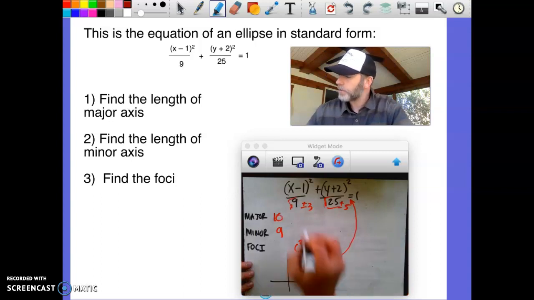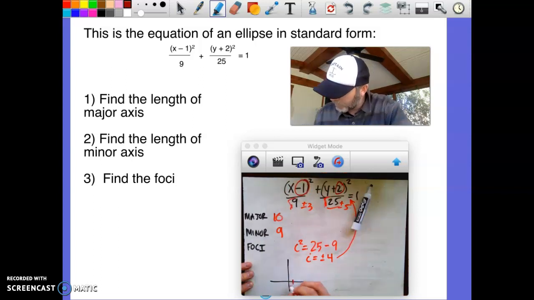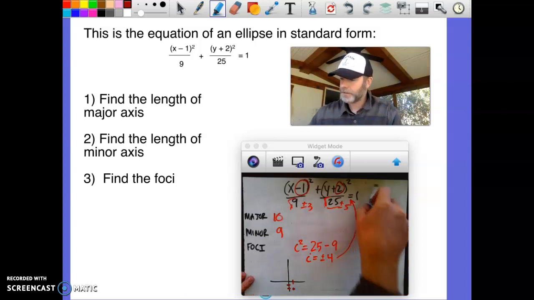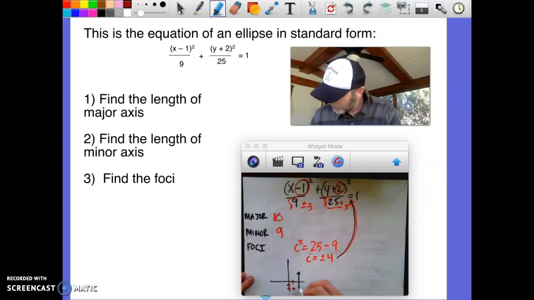The center of this ellipse is positive 1, negative 2. So positive 1, negative 2. I'm going to put it right here. If that's my center, then I know that my major axis runs this direction. And that means my foci has to run that direction. So it's 4 units up from here. So I can use my graph to count 1, 2, 3, 4. And then 4 units down here. 1, 2, 3, 4. So this is at minus 6. And this one here is at